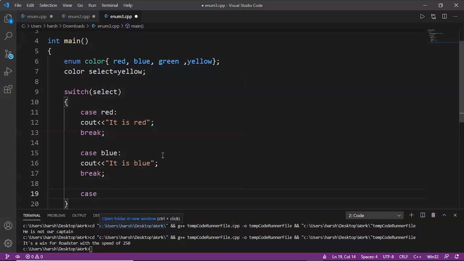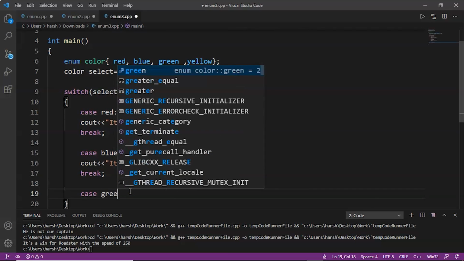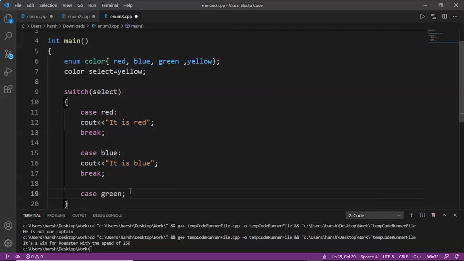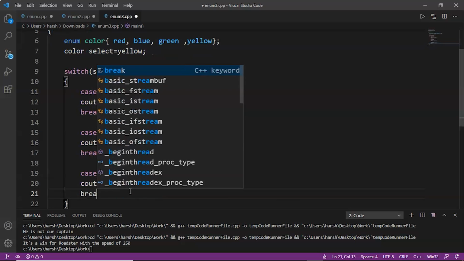And switch statement will help us to find which color is passed and will display the message of that color. So here we will write green, it is green, break statement.